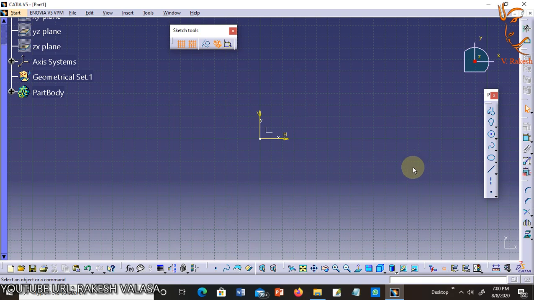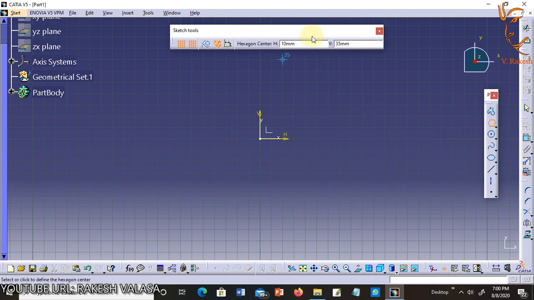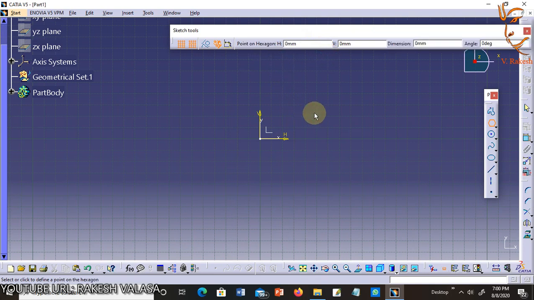Next one is creating a hexagon. Click the hexagon icon from the predefined profile toolbar. The Sketch Tools toolbar now displays the values for defining the hexagon center and then either a point on this hexagon or the hexagon dimensions and angle.